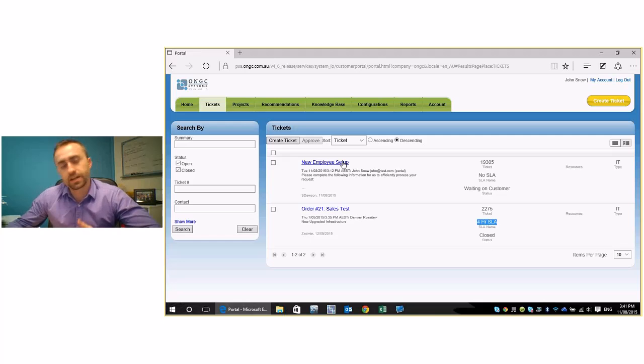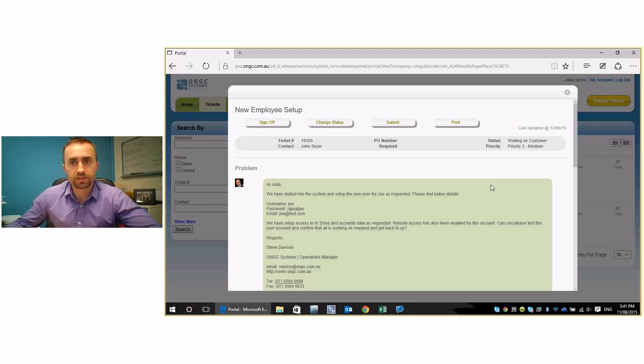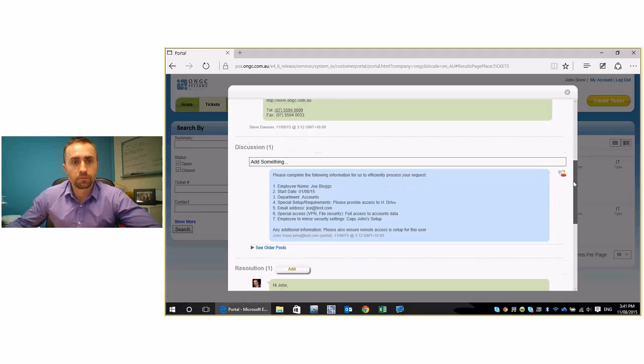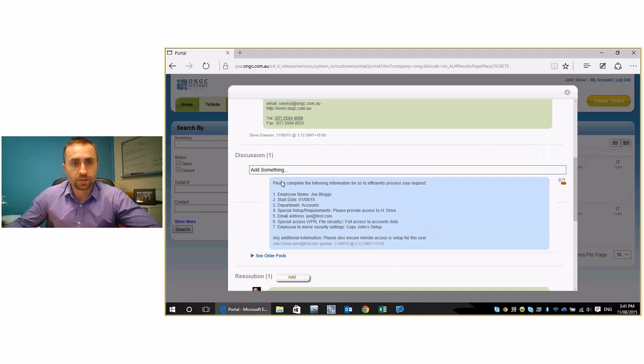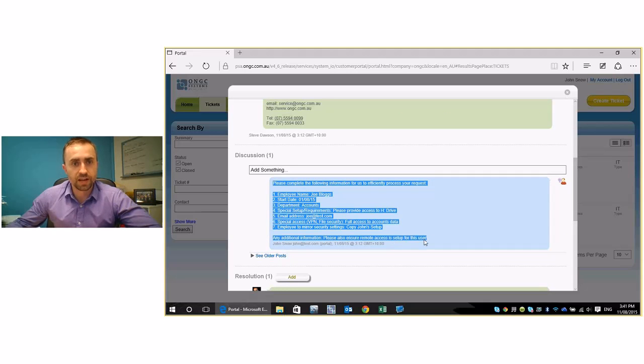We've made contact and all of those sorts of things and are just waiting on some feedback from them. So we'll just open this ticket up by clicking on it, and you can see here our response and what the customer has requested. The customer has requested that we set up a new